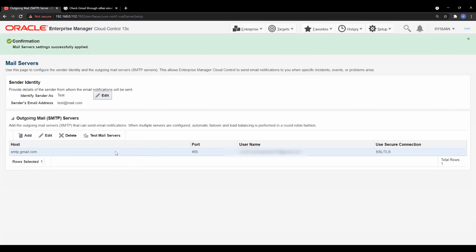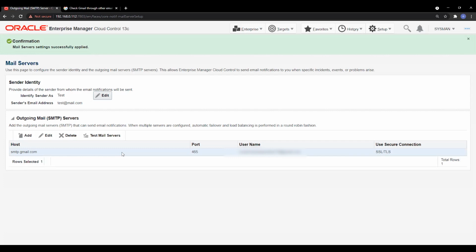When you use this email, it will try to send email on behalf of this from the OEM server. It will try to log in to your Gmail, and from there it will invoke the mail. Because of that, you have to allow access with a little lower security settings.